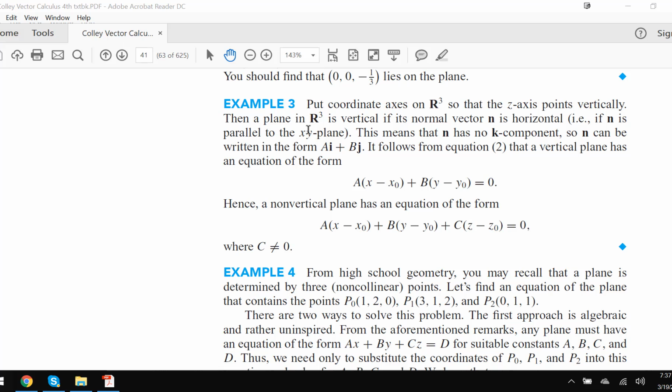Okay, another example. So set up the coordinate axes of R3 in the normal way, so that the z-axis points up vertically. That's just the normal way that we set up the axes. Then a plane in R3 is vertical, so you can imagine what's meant by a vertical plane, right? Up and down. If its normal vector n is horizontal, i.e. if n is parallel to the xy plane, horizontal, right? This means that n has no k component. So n can be written